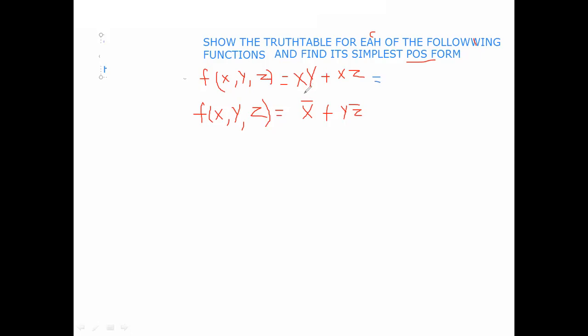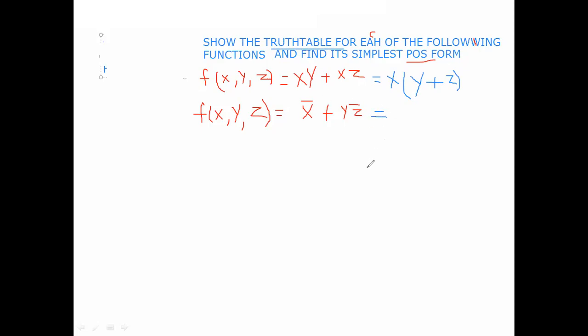How? Just see the two terms which are common here. X is common, that's why take X as common. Then what is the remaining value in the first term? Y plus, what is the remaining value in the second term? Z. So X into Y plus Z. So then it becomes POS form. Here we are writing the truth table also.